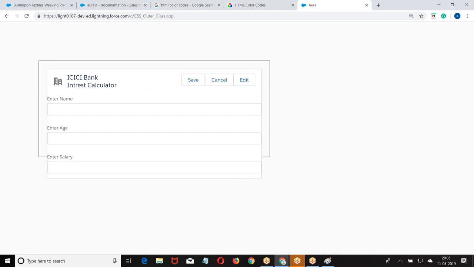The size of the card is more than the size of the div. So now look at this. There is a gap between the div element and what was this called? Padding. The div is printed from here. This is margin. This is padding. Now this is the element. Now this is the div. Now what is this? This is the outer element.